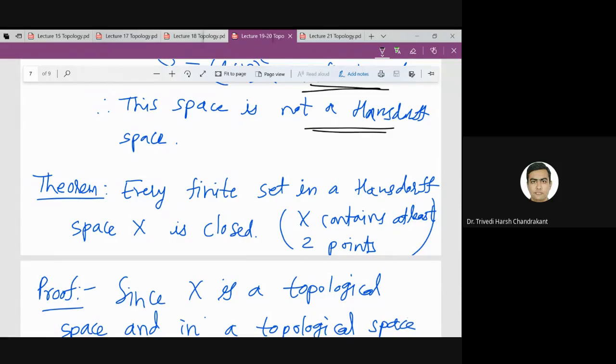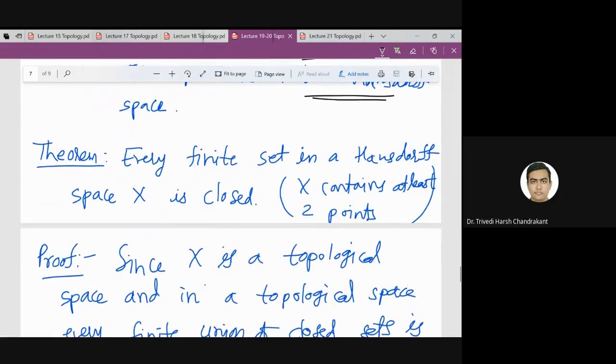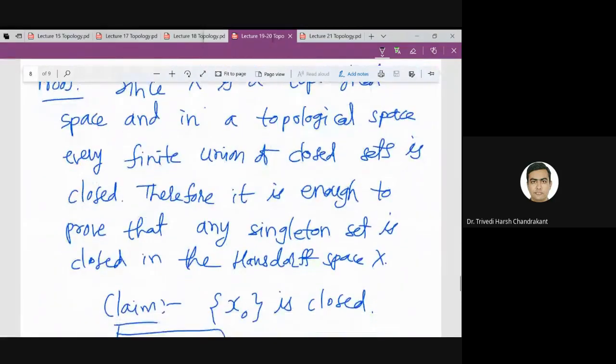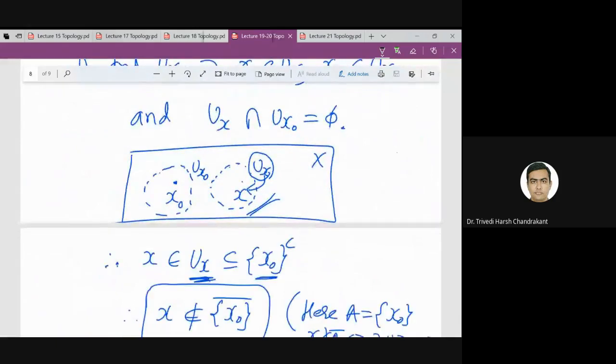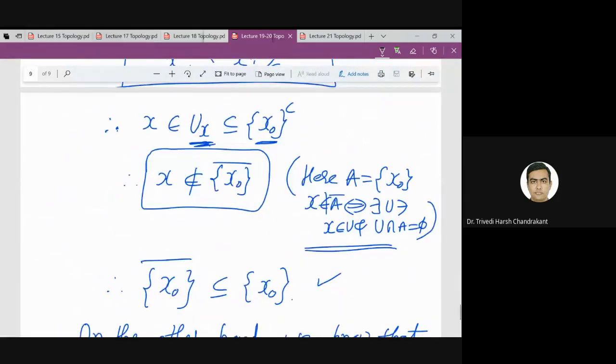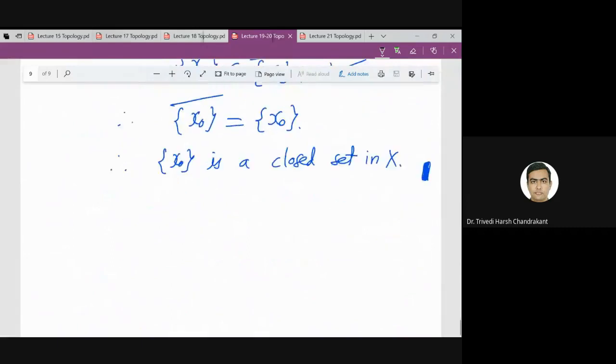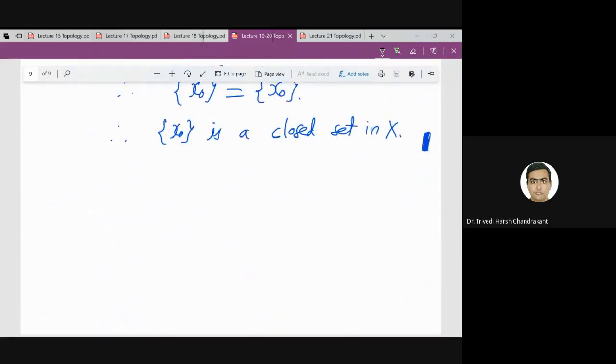If I take any Hausdorff space, then every finite subset of that Hausdorff space is always closed. So basically, this says that if X is Hausdorff, then any finite subset of it is closed. So what we proved is